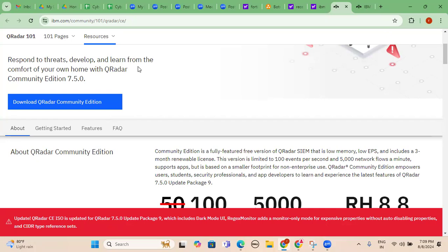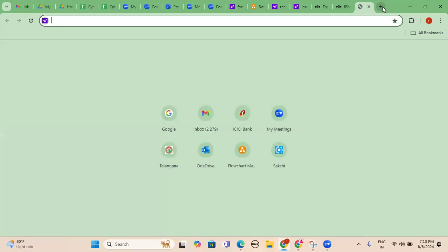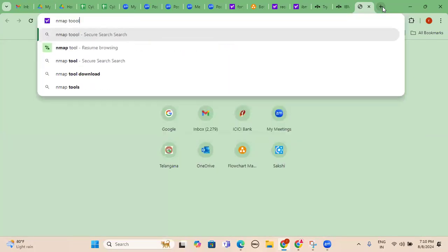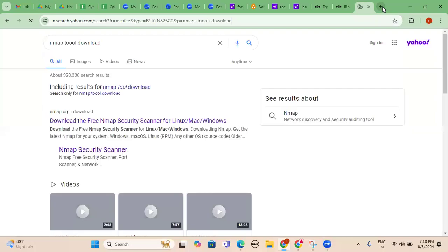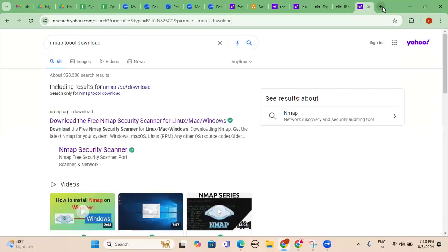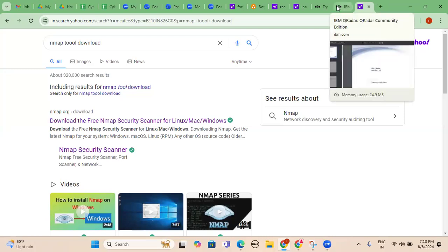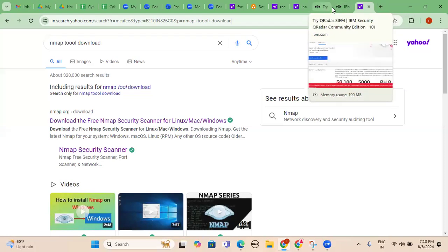For example, I can show practically one more scenario. Nmap tool download. What will the Nmap tool do? Obviously, it's a port scanning tool. It's a network mapper. It will run against multiple ports for each and every IP address or targeted machine or host machine we are running, and identify what ports are open. Along with that, it will even define what services or applications or software are running on each and every port. So we already discussed this Nmap tool.